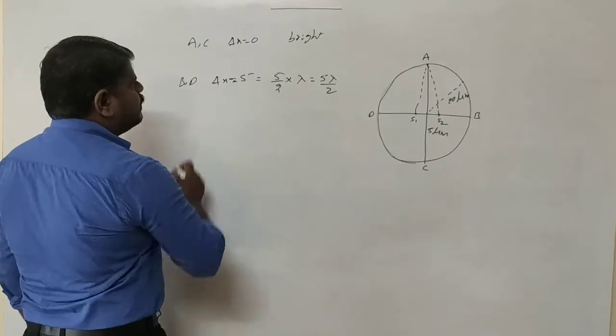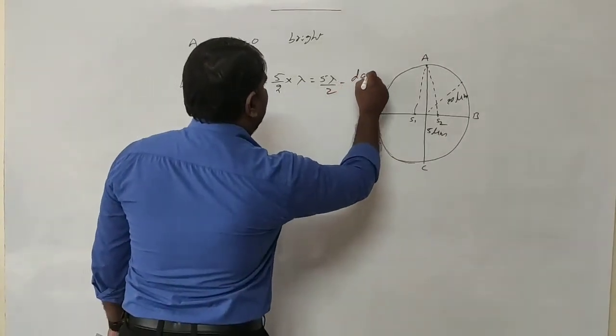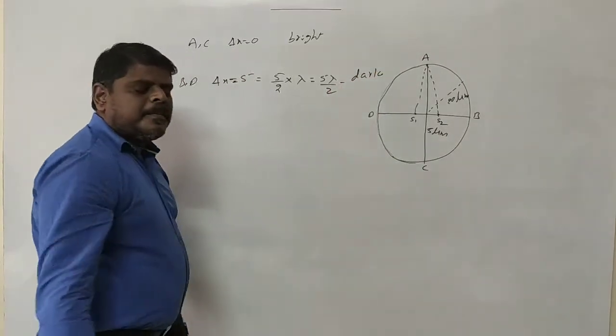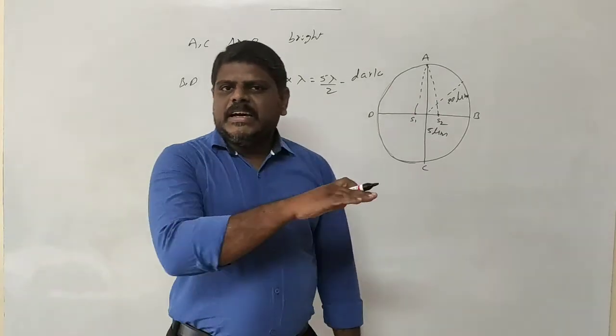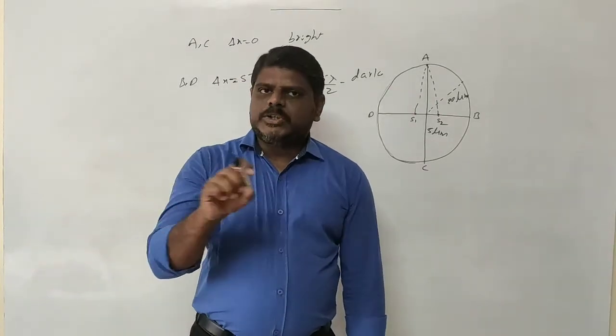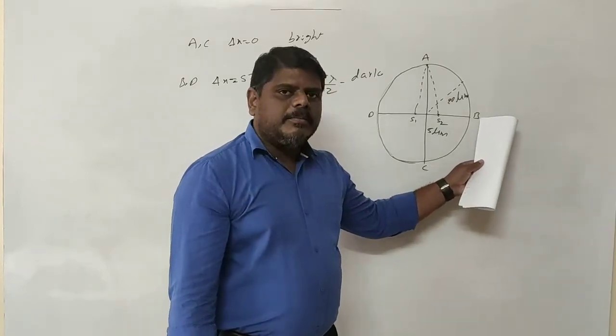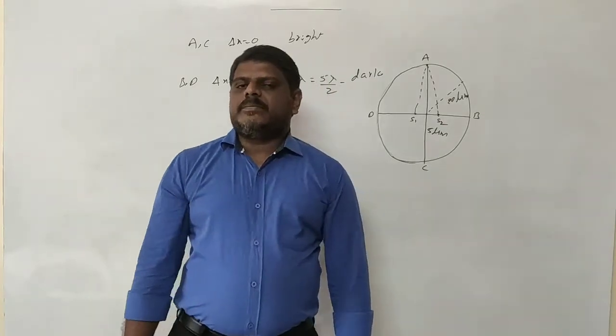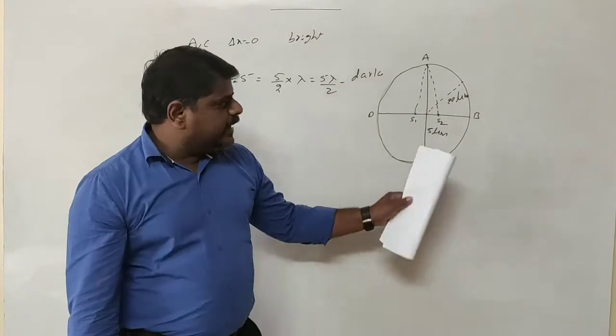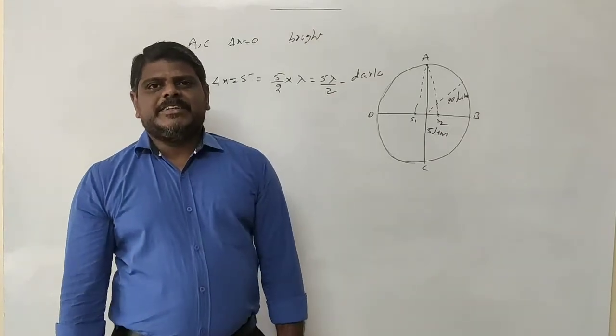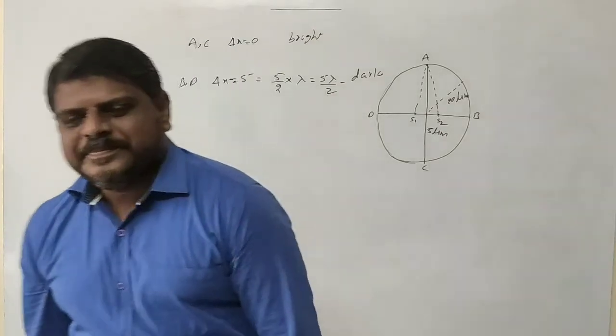That's why at the points B and D, the dark bands take place. Simply remember, in the direction of the two slits, or in the plane of the two slits, you are going to get the dark band. Opposite to this, at the exact center point, you are going to get the bright band itself. The problem is very important. Remember this concept. Okay, let's go for the next problem.